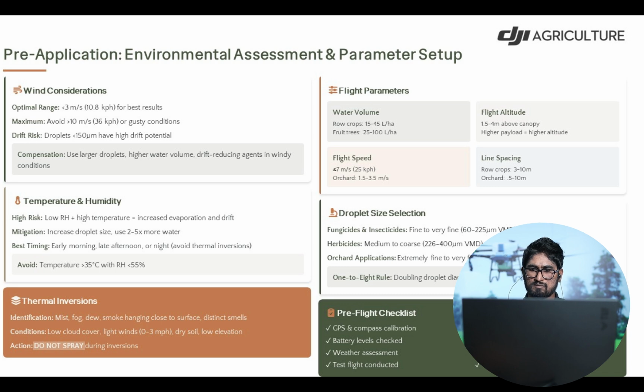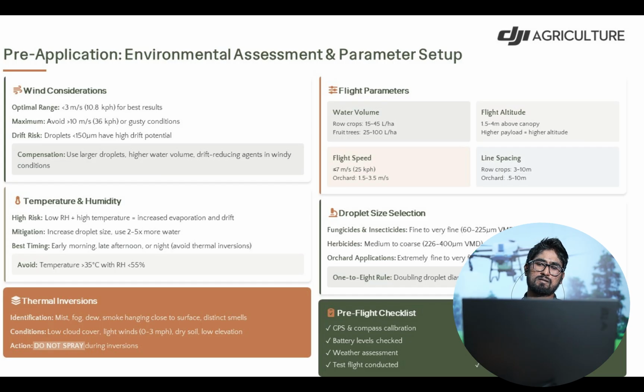And we should follow the pre-flight checklist also. Here we must consider GPS and compass calibrations, battery level check, weather assessment and a test flight conducted. And also we should verify the flow rate of both nozzles. Sometimes it may differ compared to other nozzles.